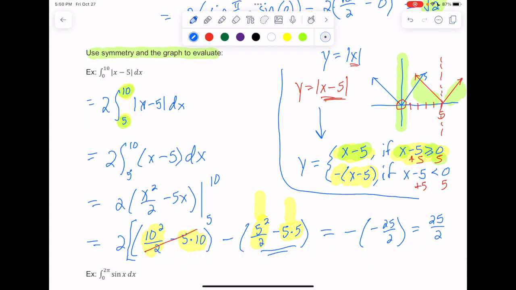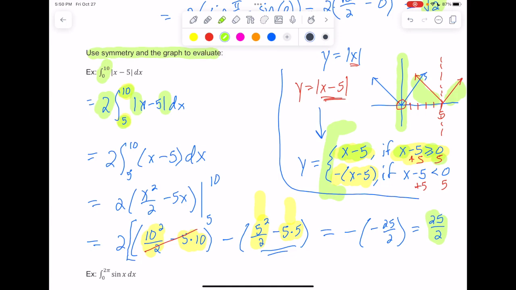So we were really only able to find this integral by thinking about the piecewise defined portion. Otherwise, these absolute values were going to kind of block us from taking an antiderivative. We don't have any rules about how to take an antiderivative when there's absolute value. So if you go to this piecewise definition of the function over here on the right, that gets rid of the absolute value. But if we were working from 0 to 10, the function is defined differently over different pieces. So I could break it into 2 pieces and use both of the different branches, or I can take advantage of symmetry and just use one branch and do times 2, which is what we ended up opting for.